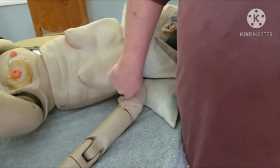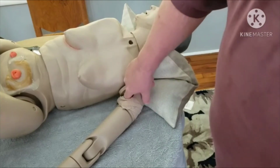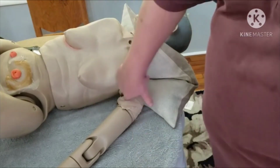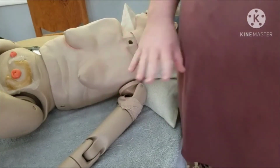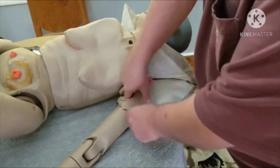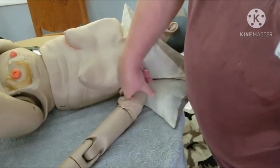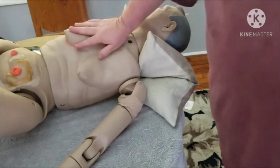Just pack, pack, pack. Maintain that pressure as much as possible. What you don't want to do is pack and then take your hand out, pull some more, pack again. Because every time you do that, any clotting that's happened becomes ineffective and blows right out. So if you can keep feeding it to yourself and pack and pack and pack, trying to keep that finger in there as much as possible,